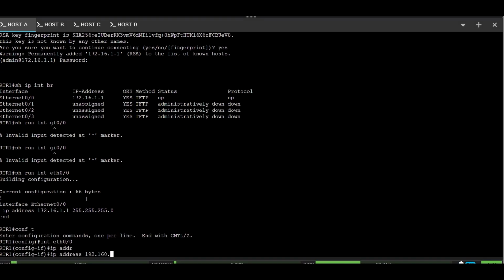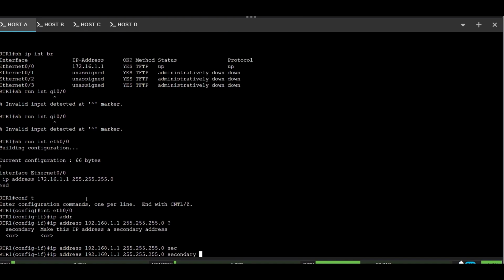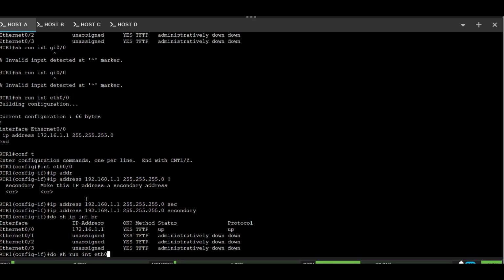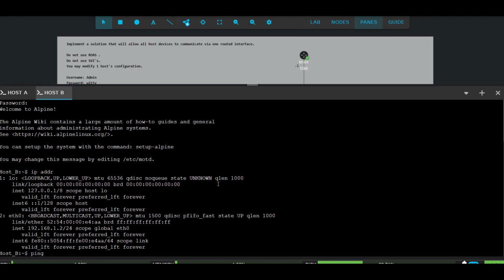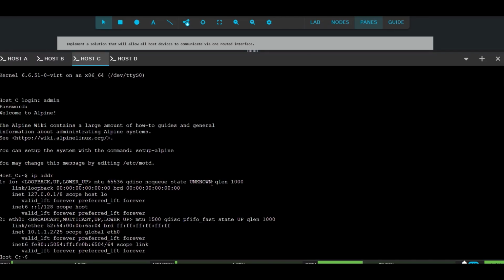Assign host B's network using the best practice of assigning the first available IP. Here you can see both IPs assigned. Return to host B and attempt to ping the IP you assigned. It works. For each of the remaining hosts, configure the gateway and verify reachability to the gateway as well as